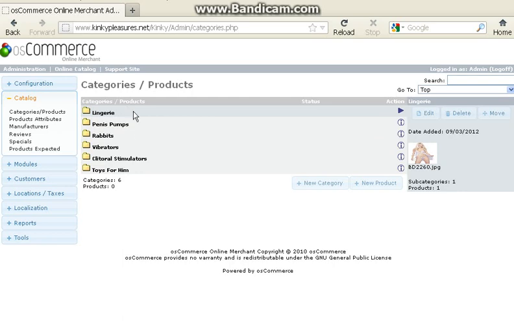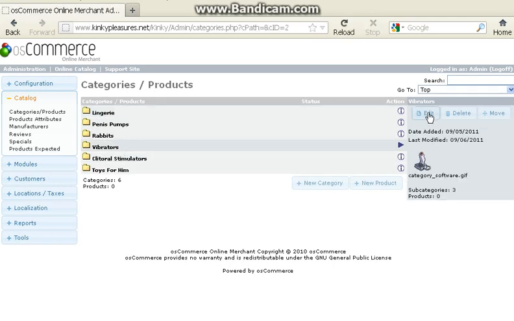Okay, now this store already has a number of different adult products in place. Again, it's just simply for demonstration of all the different product options. So as you can see here, it has a number of different options that are available for the different product lines that are in place. So if we just go into one of the product lines,